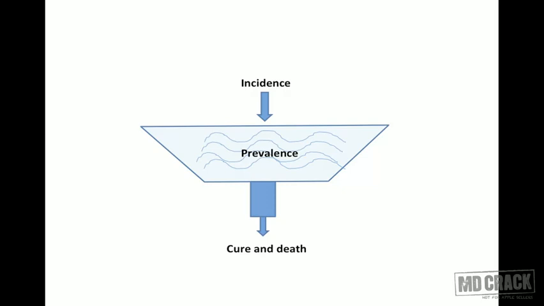Couple of important points here. MCQs can be framed on this. I ask, how can the prevalence of a disease be reduced? Straightforward answer will be close the tap, so the water will be less. Okay, so what are you telling me? Reduce incidence, prevalence will automatically go down. But there are some other methods of reducing prevalence also.